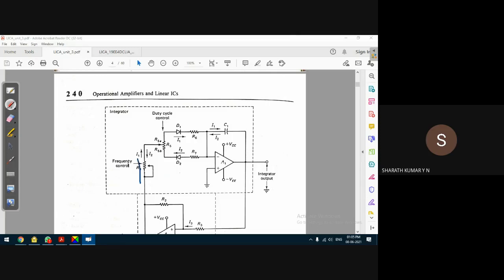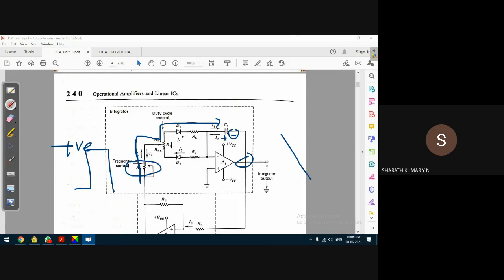The current passes like this. Again the same assumption: let us say the output of the symmetrical circuit is at positive saturation. So this current is positive, and it flows through D1, because D1 is forward biased. It will charge the capacitor, because it is a positive voltage. This end of the capacitor is positive and this end is negative, which indicates that the output is a negative going voltage. R4 is fixed.